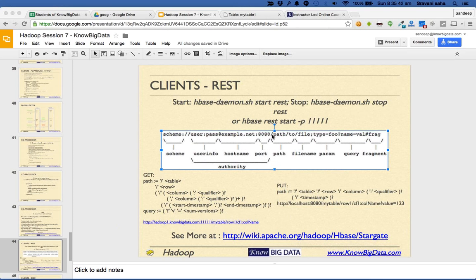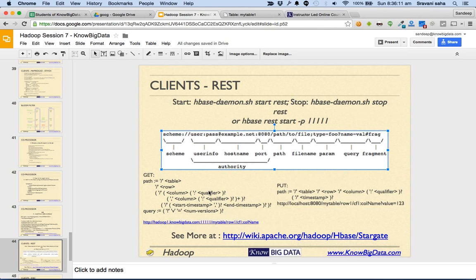After this, there is a path to the file name, and then parameters, or you can call them queries, and then you have the fragment. Fragment does not reach the server. It is only for the client. So this fragment after the hash always remains in the browser or the client side. It doesn't reach the server. So this is the standard syntax